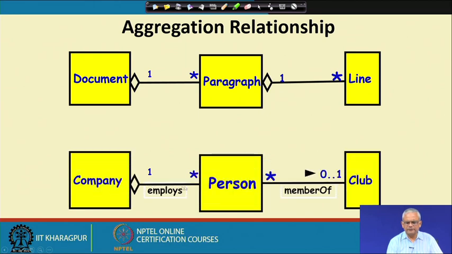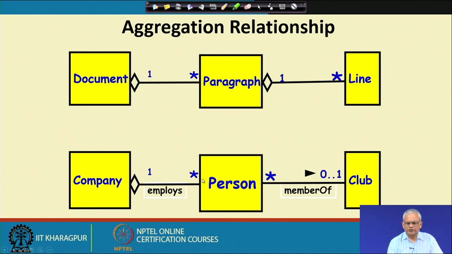This is another example of an aggregate class, and this is an example of an association. Let us say a company employs many persons. If a company is an aggregate of persons, then it is typically the case that the company creates the persons and applies the same operation on all the persons, for example, print salary,